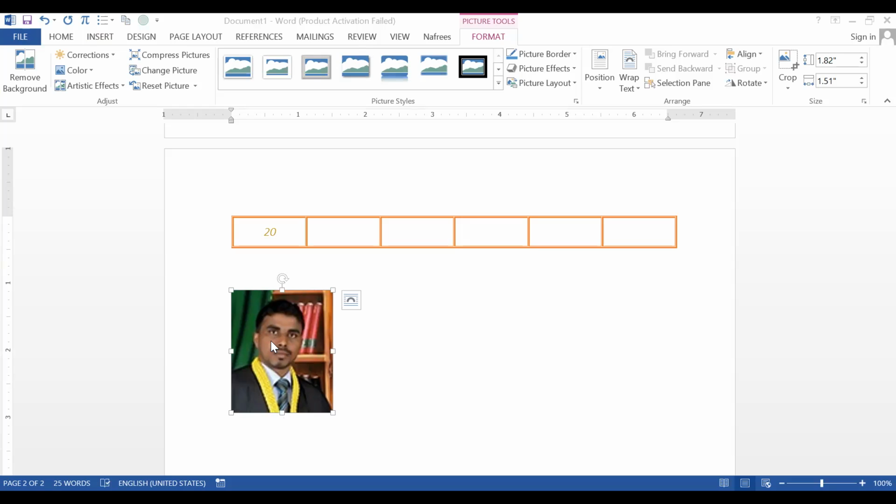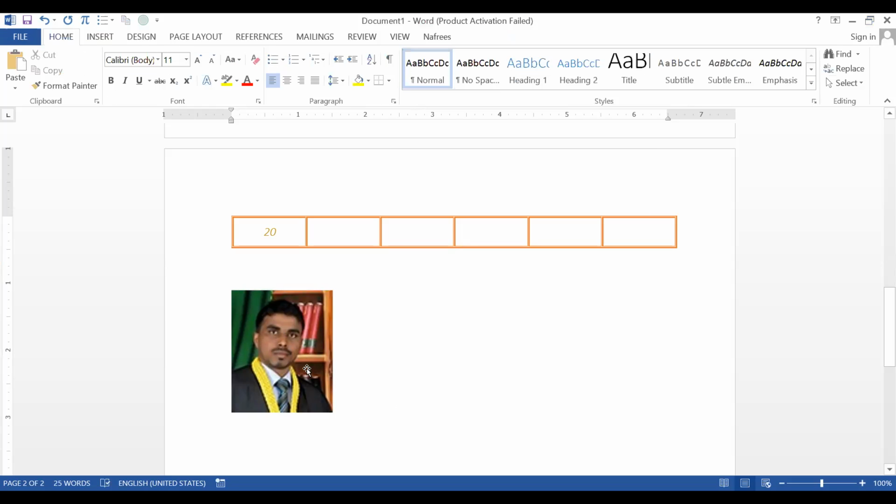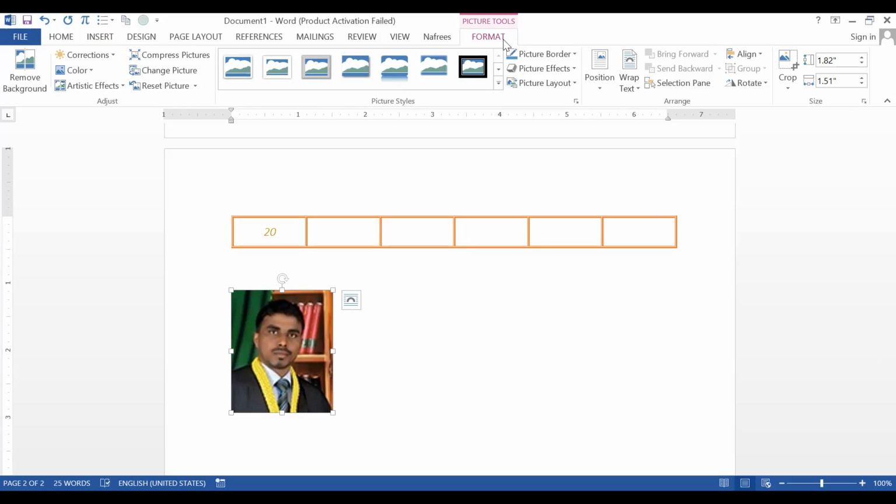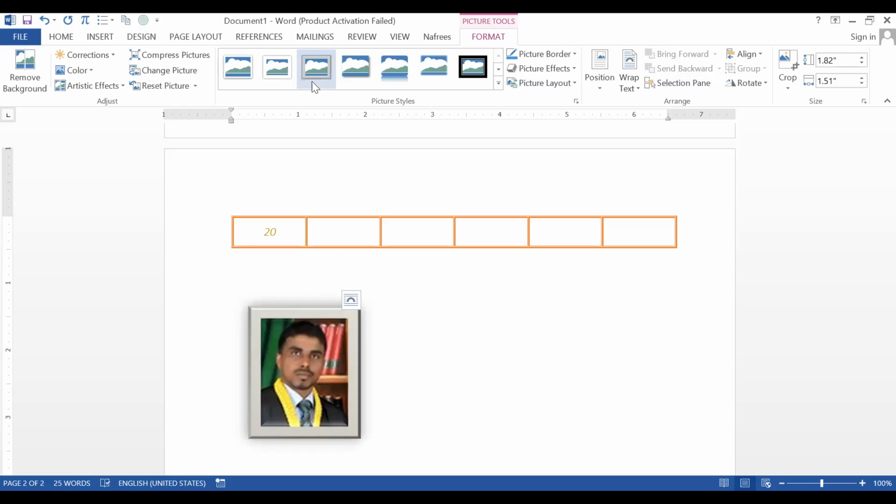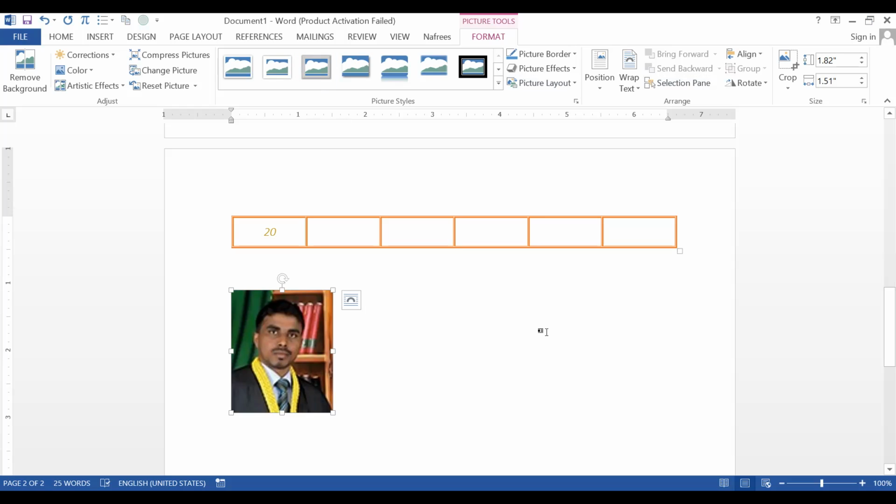Now this is the picture. Look here. If I move the picture, it will not move. It will not allow me to move it inside my document. So the first thing, you have to change this picture using this layout option. If you select the picture, automatically you will have a ribbon called Format. This format ribbon will help you do some editing or formatting work for your picture. But before that, you have to use this layout option.